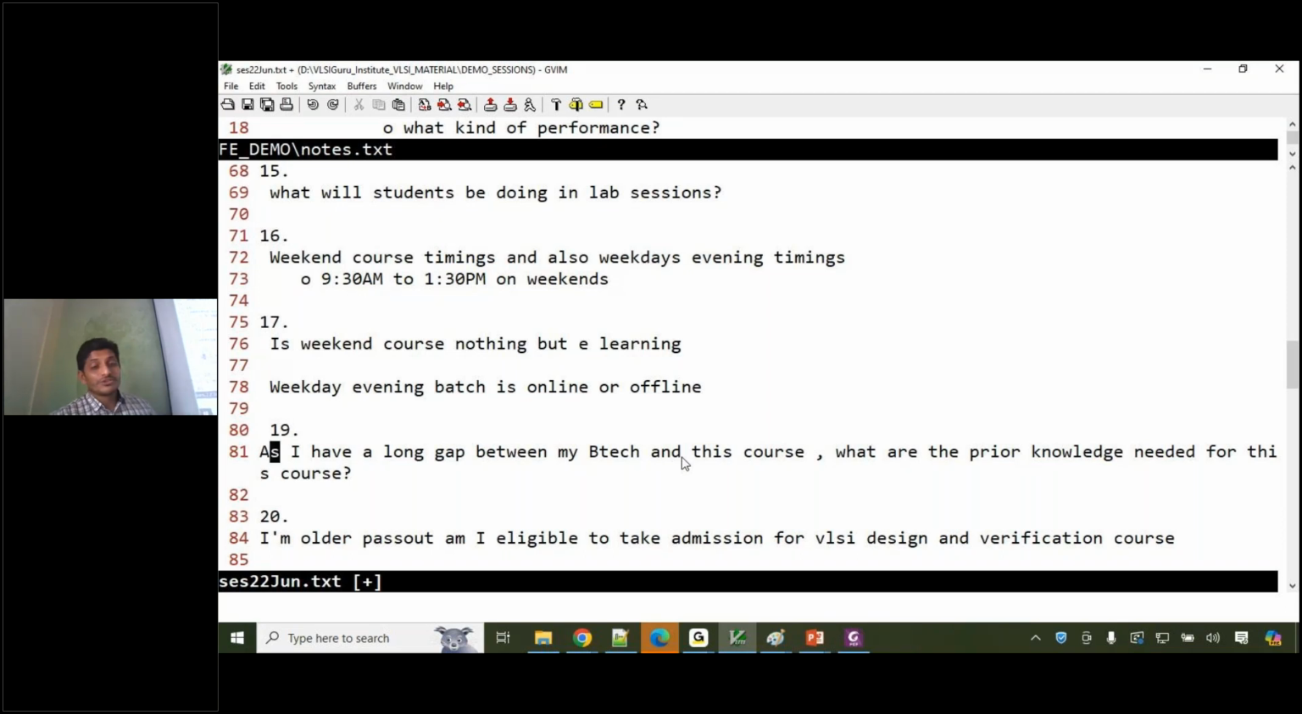Okay. Let's go through this. As I have a long gap between BTech and this course, what prior knowledge is required to do this course? Let me tell you, really, there is no prior knowledge required. We teach everything from the basics. Even if I go to digital design, let's say if I have to start at the digital design level,